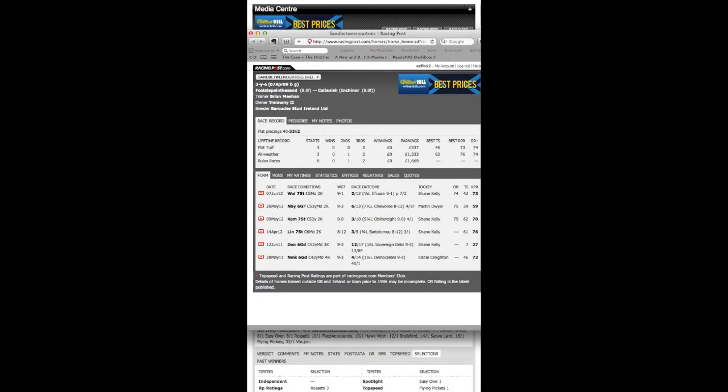Now quickly jump down to the horse's last race. You can see it was here, at Wolves, same distance. The horse actually came second. So that's a positive straight away. Last time out, it ran in very similar conditions. It was beaten. So what you can then do is, if you click on the horse's name here,